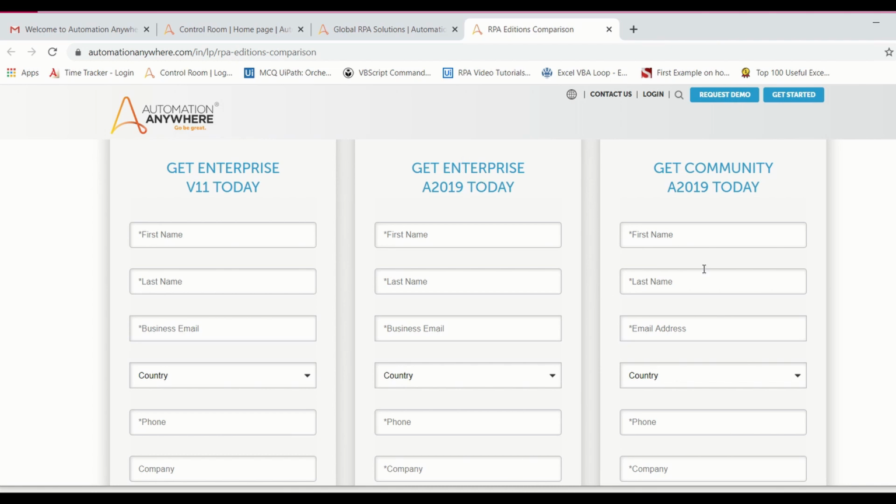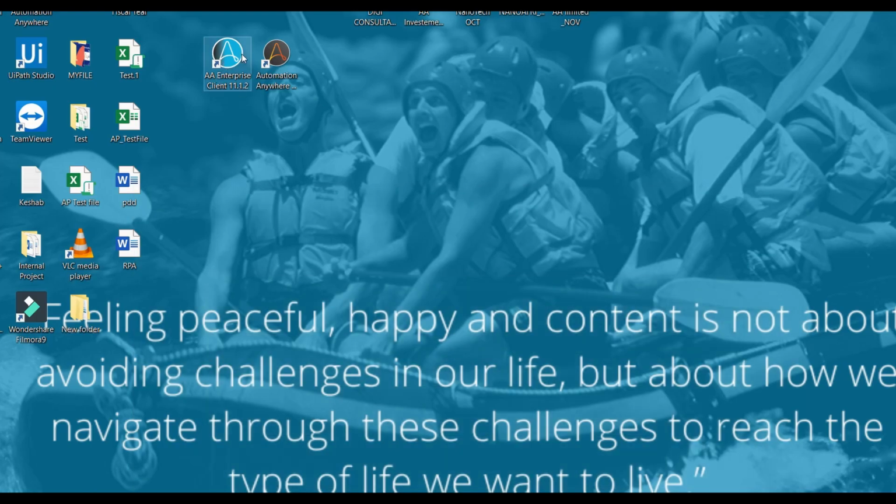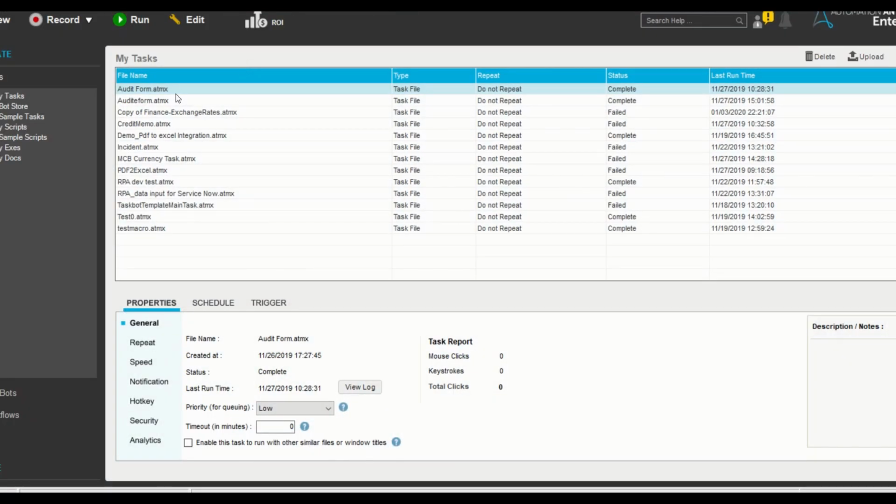Before the community edition, I will show you how Automation Anywhere looks. It will look in this way. This is my client version. It's like a community version, and this is my control room. If I open this one, I have already opened it as per my login ID credentials. Just to show you,